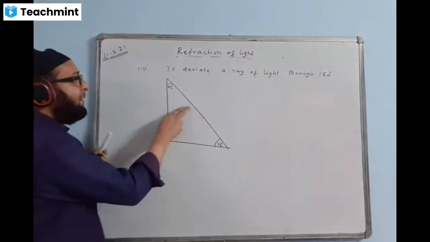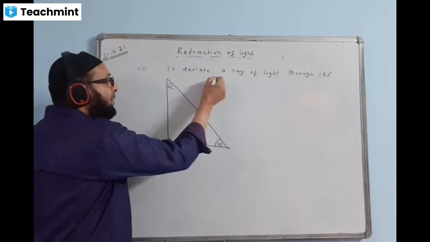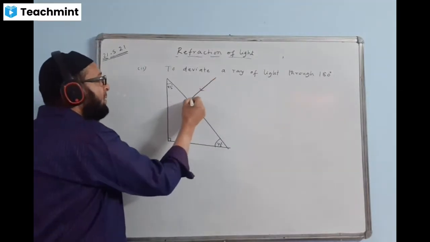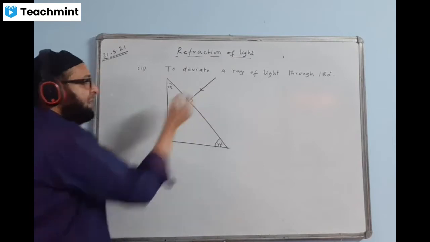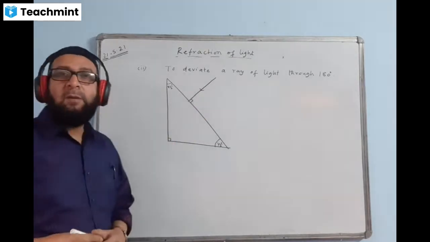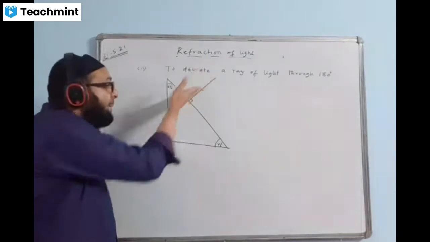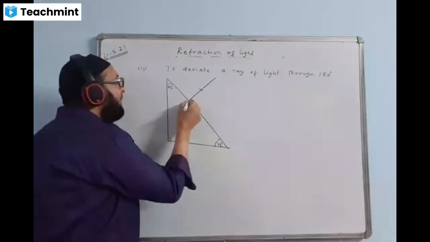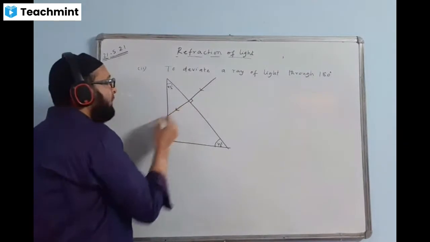So this is the hypotenuse. Now the ray enters through the hypotenuse this way. The ray is coming through the hypotenuse here, at 90 degrees. The ray is passing normally through the prism. Then what will happen now? We check. This ray first will go straight here without bending.